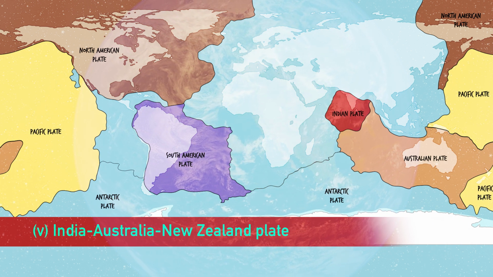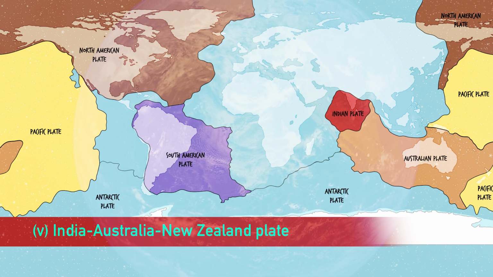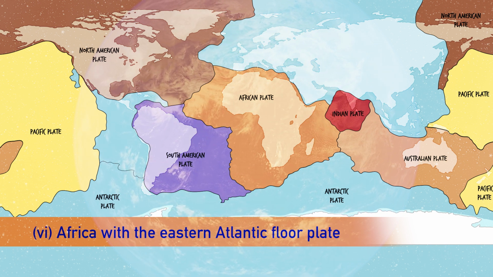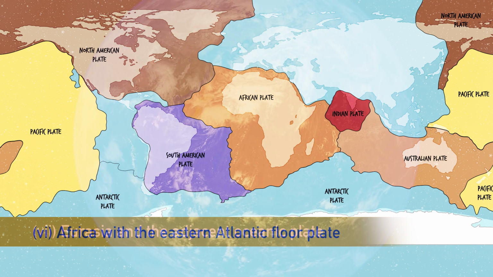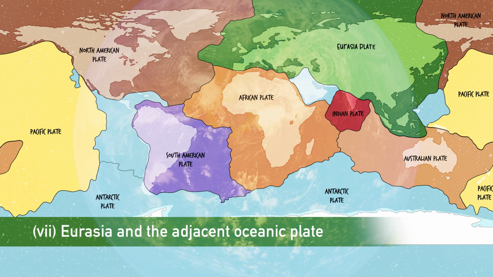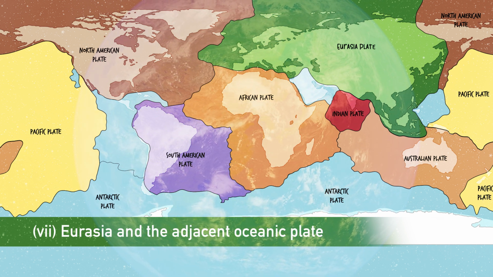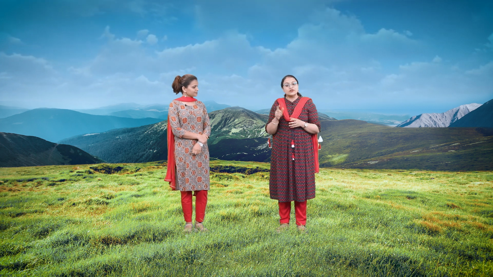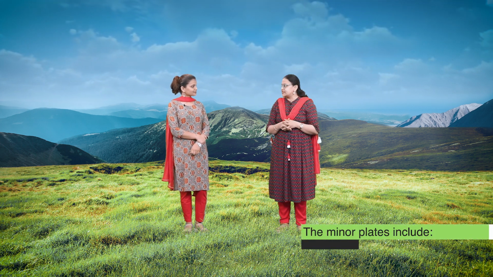Fifth is India, Australia, New Zealand plate. Sixth is Africa with the Eastern Atlantic floor plate. Okay. And seventh major plate is Eurasia and the adjacent oceanic plate. All right. Apart from these major plates, we also have minor plates, and these